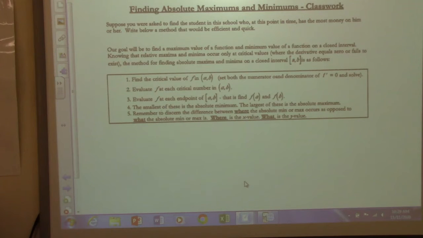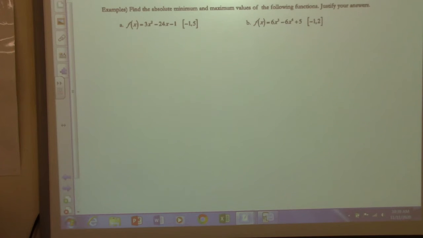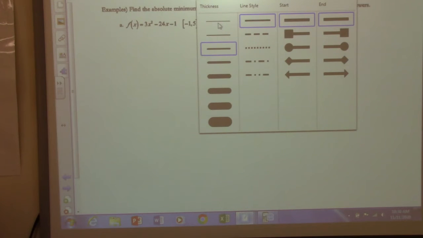Anyway, it's finding absolute maximums and minimums, and that's exactly what Gavin was talking about. So we have some examples here, and then we're going to go to a classwork exercise. I'm going to review what we talked about yesterday in one of these problems, and then turn you loose to work on some things. So we have right here,